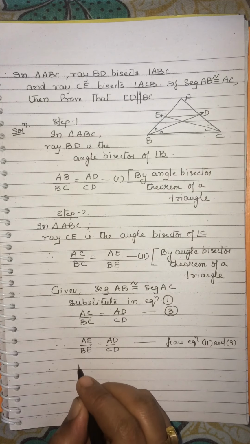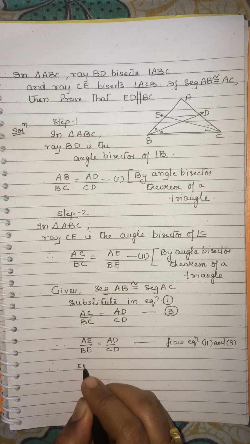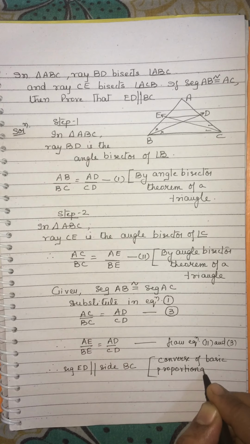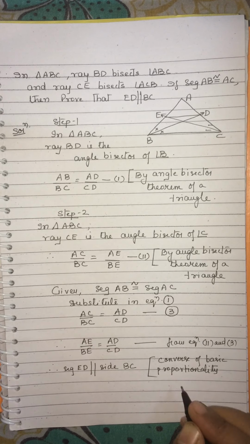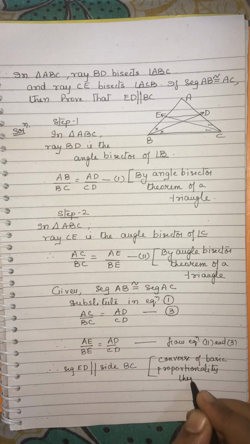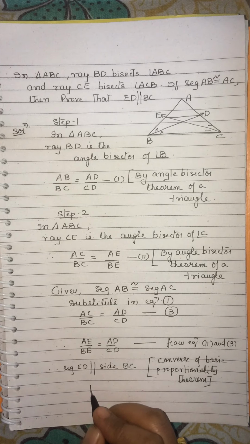ED will be parallel to side BC, and what is the reason? This is because of the converse of the basic proportionality theorem. We know that if the ratios are equal, then the sides will be parallel. Hence